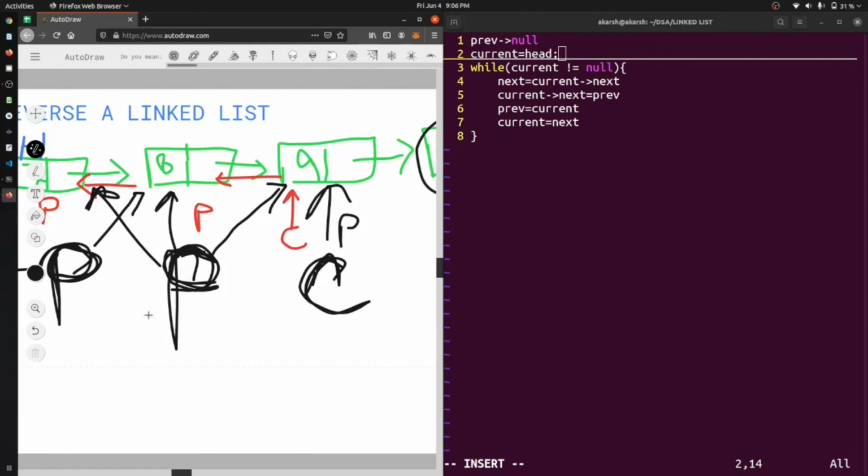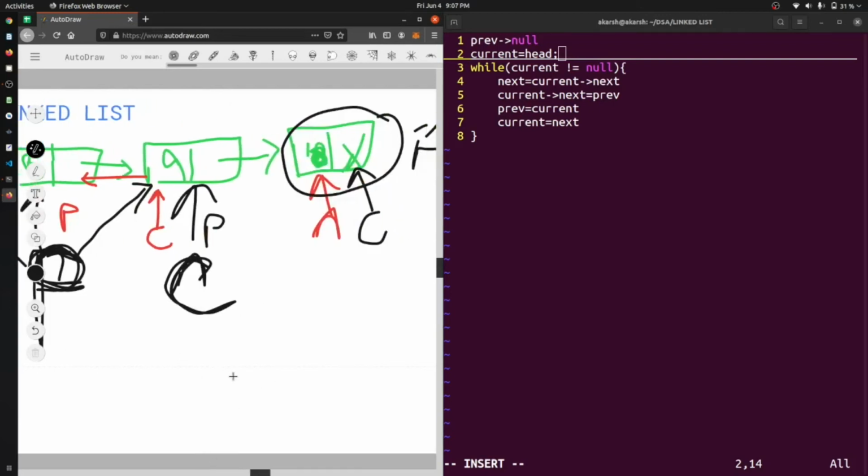Okay, so this is the thing that is happening in the whole code. Now if I go to the next point, then we will say that this current dot next is 10. So this will become next, and now current dot next will become the previous. So the previous data was 8, so it will point to this point.